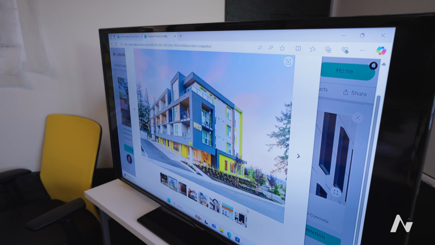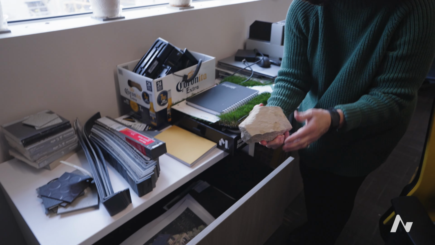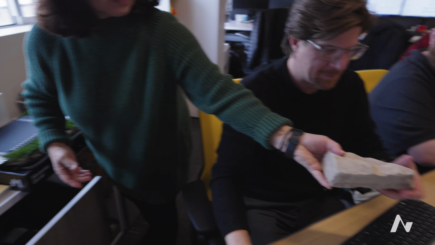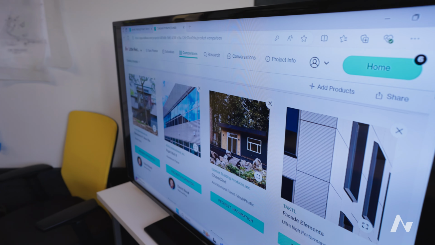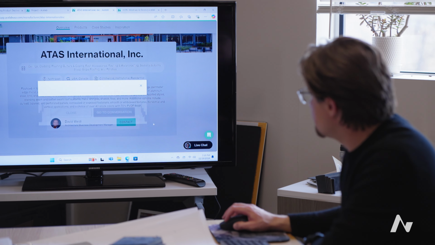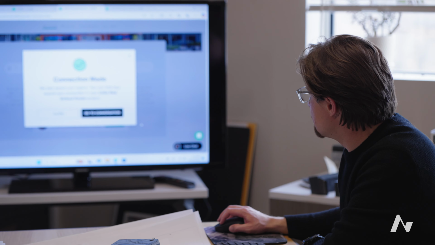I think one of the biggest challenges for me was looking through the material library for 3 hours on end just trying to find what I needed. Whereas with Acelab, you just type in what you need and so many different options come up. The user interface of it was so easy to use. I didn't come to a standstill at all. It was just very easy to progress through the choices and the steps to get me where I needed to go.